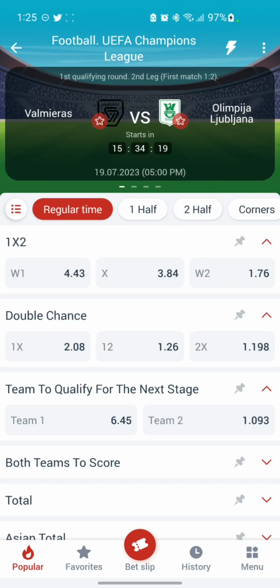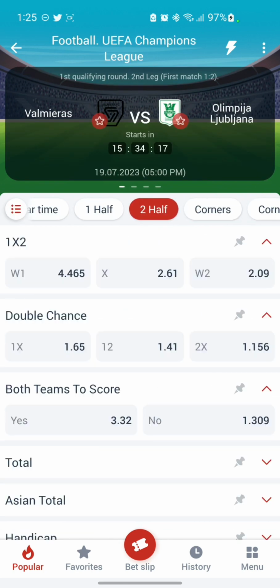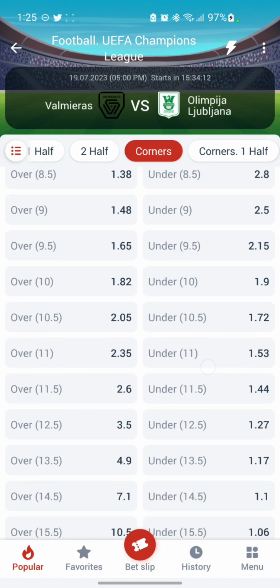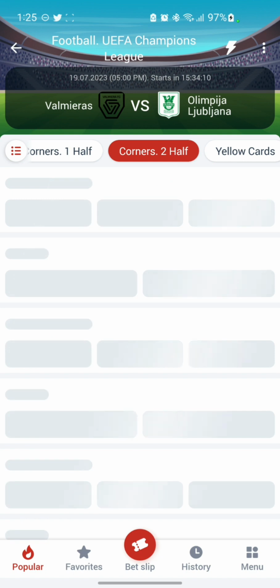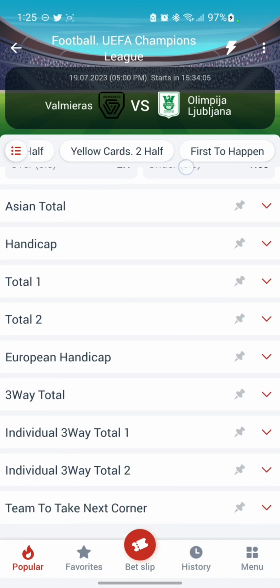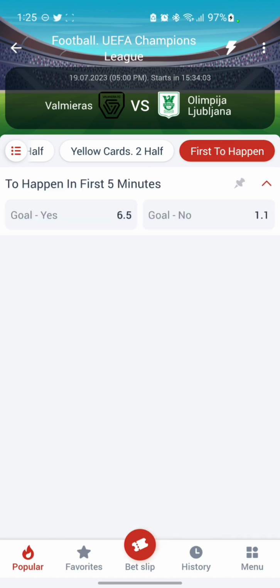Click on the match. So we have second half, we have corners, and we have first half corners, second half corners. How many corners do you think will be there? You have yellow cards. The first thing to happen in the first 5 minutes, go yes or no. So you can see how much variety this platform actually has. There are so many